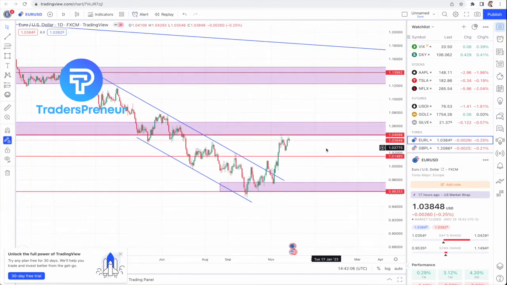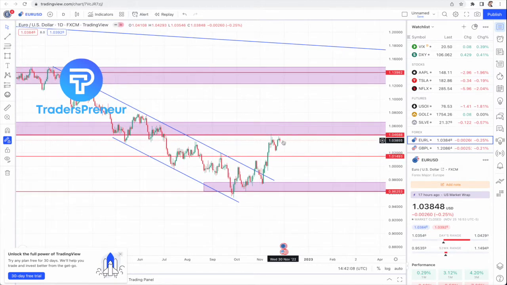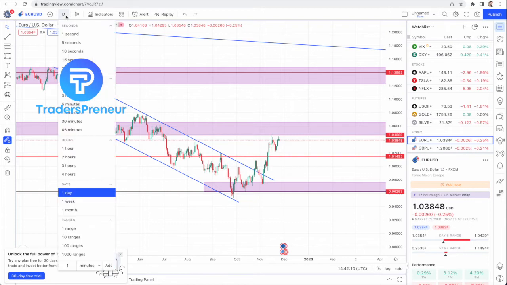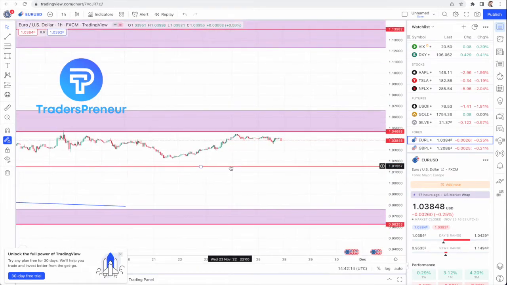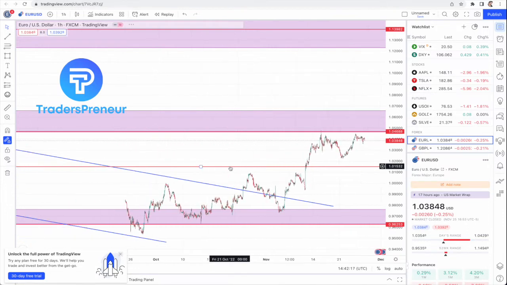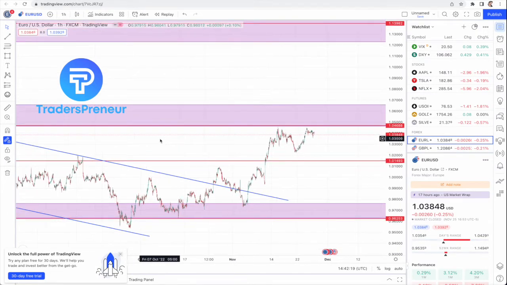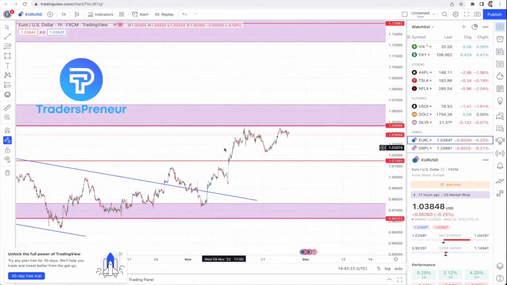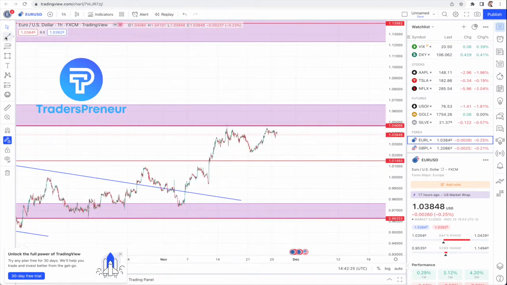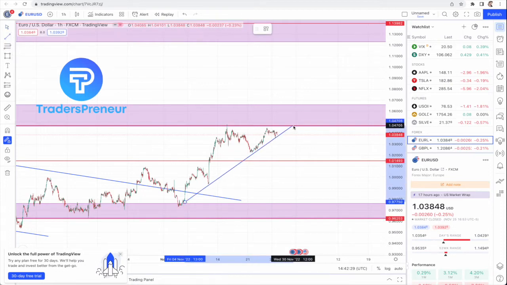Okay, so let's observe from this area. Let's go to the 1 hour time frame. All right, so are we going to buy or are we going to sell? What do you think? Are we going to buy or are we going to sell? So again, let us have this trend line. All right, so we can clearly see that the market is